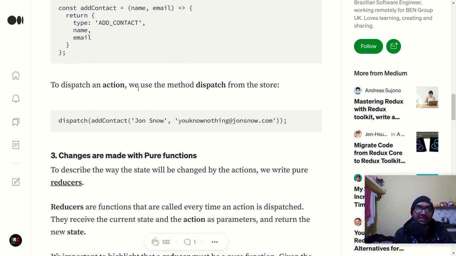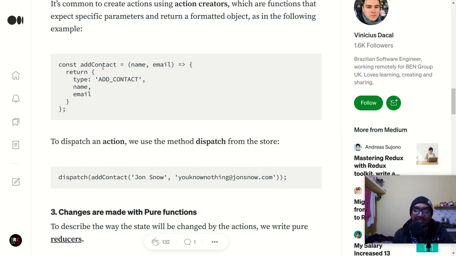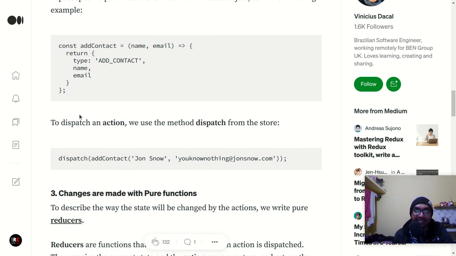Basically, here we created an action, right? Here we defined our type, and here we defined the data which we are willing to send as a payload. So what exactly is dispatch? Dispatching means we want to tell our system, okay, we have finally created our action and we just want to execute it. By executing this, our Redux store will get a